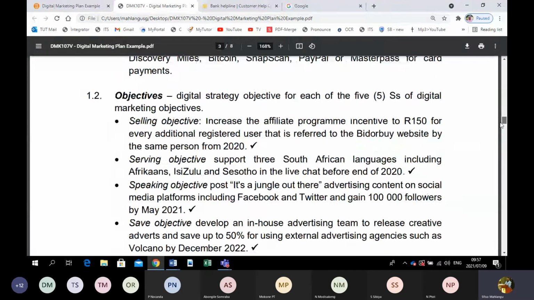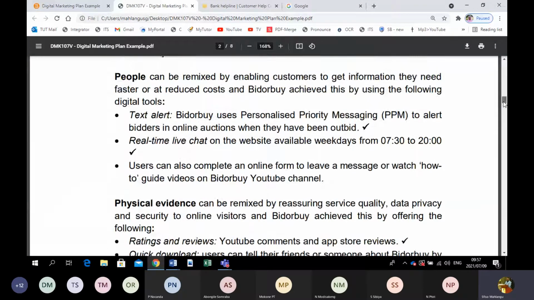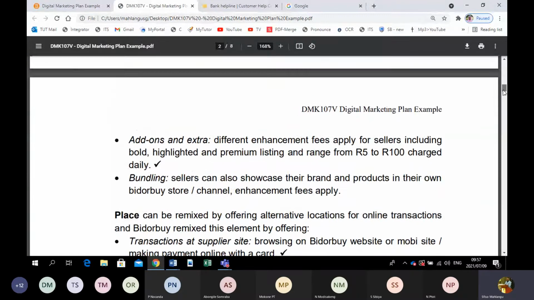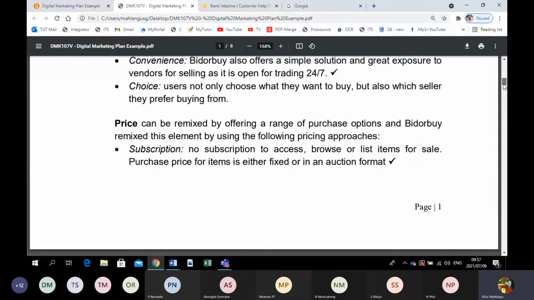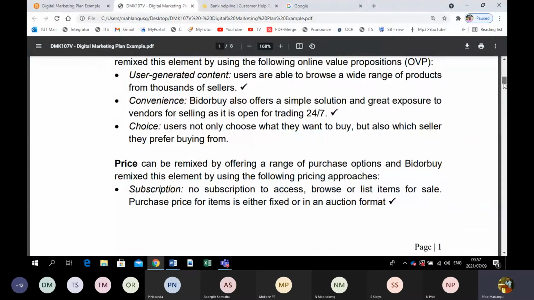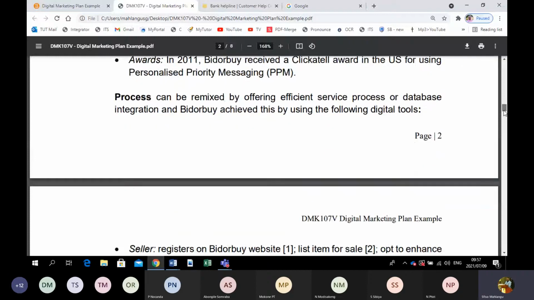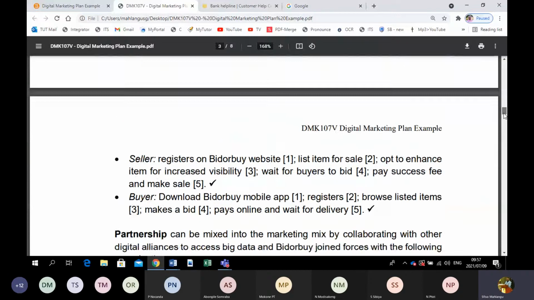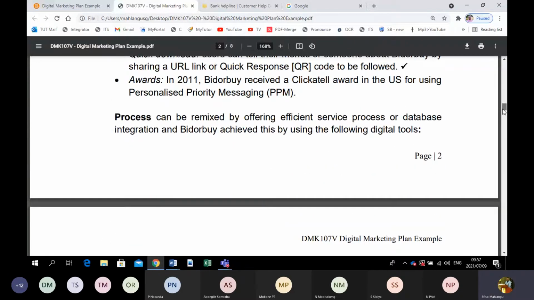When you search for additional information that is probably not on the website, for example, prices, or things such as the process or the people or physical evidence and so on,